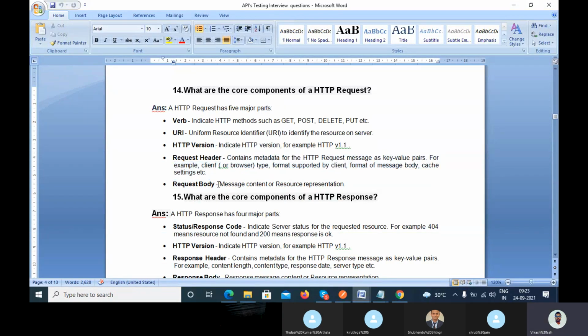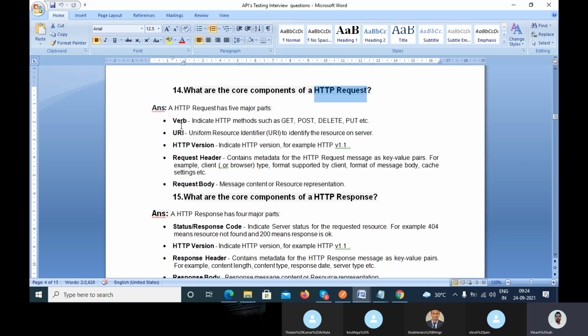And the request body, what is the request body? Request body is where we are passing the data. So these are all the things which come under the HTTP request, guys. The request side means that it is from the client side.